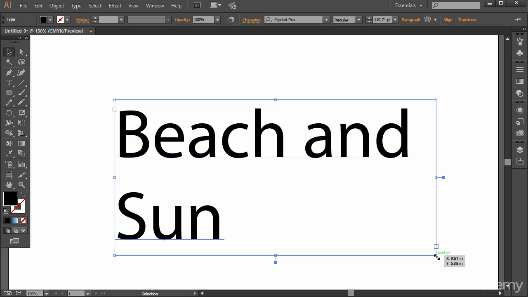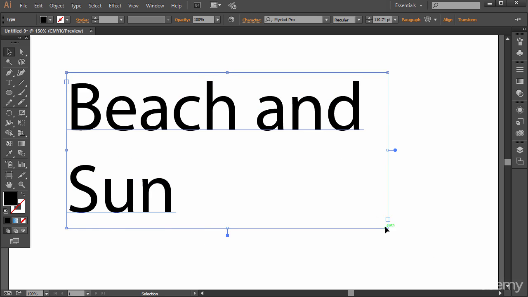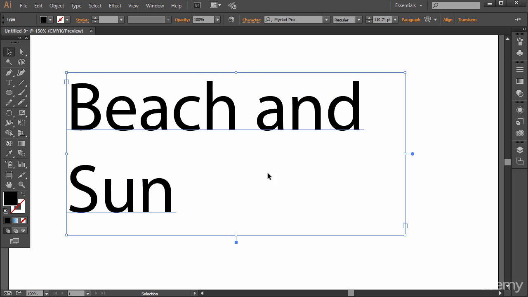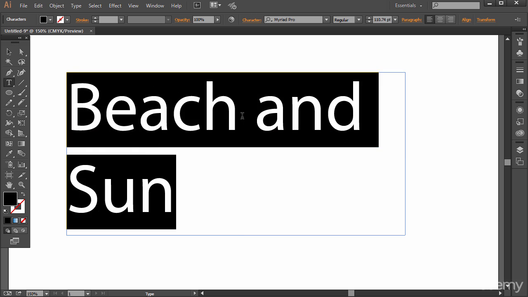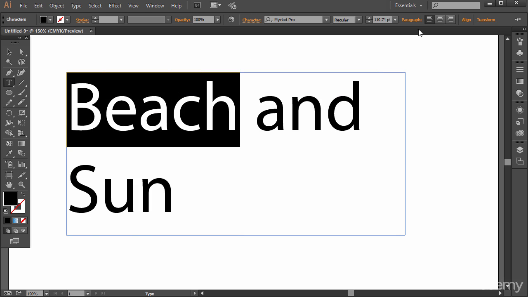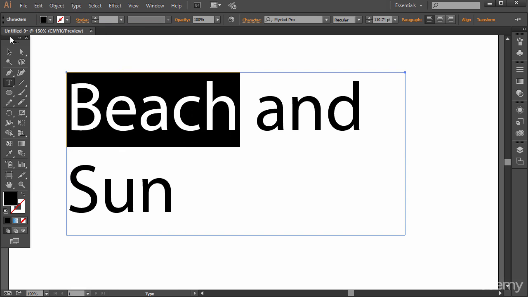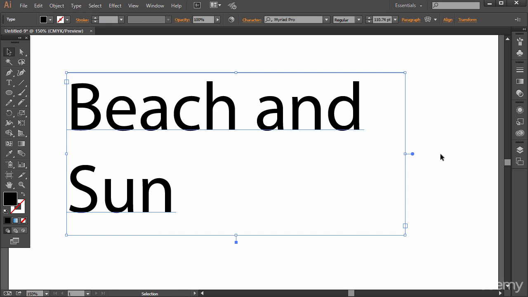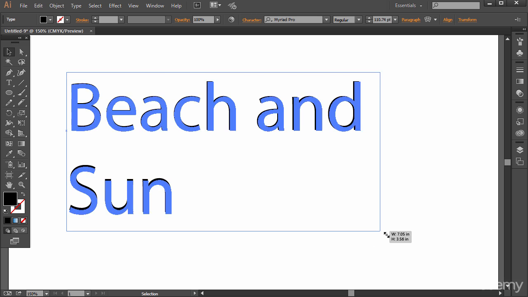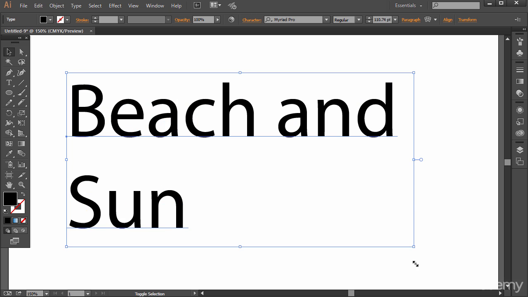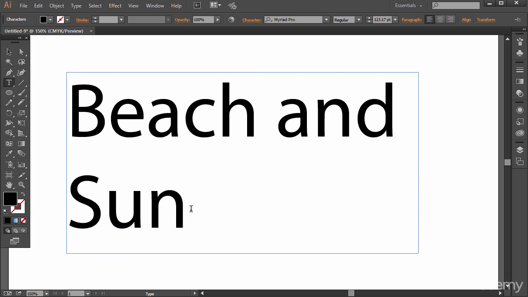You even have the little red plus sign, meaning you have more text to place. Now what if I wanted to resize this without having to select the type and then changing the font up here, like so? I'm going to edit, undo. Well, you can actually convert it back to normal type. So if you double click over here again, now it's normal type again. All right, and you can repeat the process. If I double click again, now it's a text frame, and you can still edit this